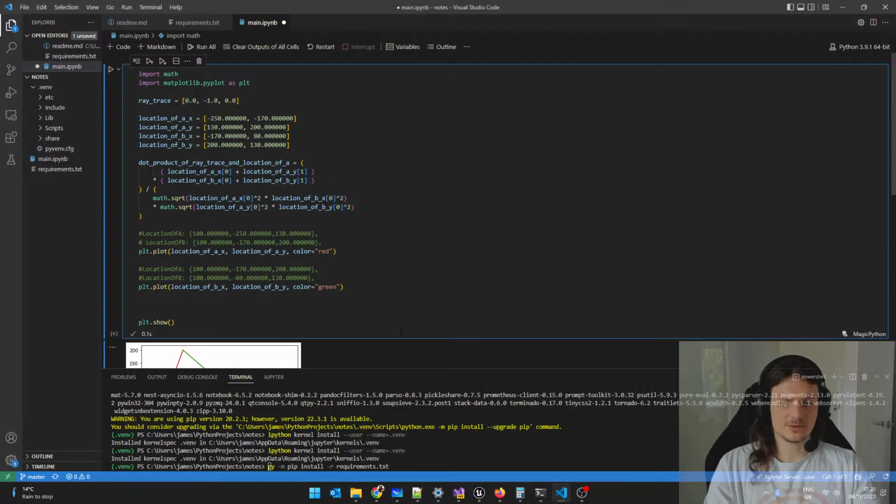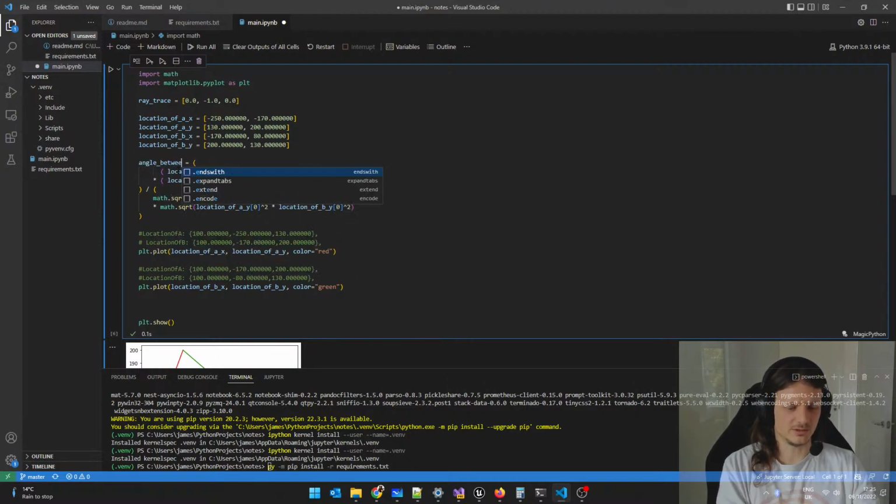So just to absolutely be clear here, I'm doing the dot product, which is the sum of x and y multiplied by the sum of the other vector x and y. And then the denominator is the square root of the first x and the second x to the power of 2 times the y part,